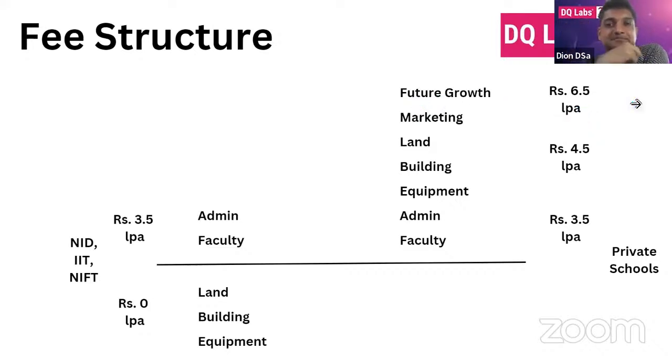Let me give you an example. UID, Ahmedabad, as of now, is spending 4.5 crores this year only on their AI infrastructure: AI labs, AI equipment, everything to do with AI. Now they need to recover that money, right? Why are they spending it? Because they want to be the number one school. It's part of a larger university, but they want to be the number one school. So that's why the tuition fee goes up from 3.5 lakhs to 6.5 lakhs, right?